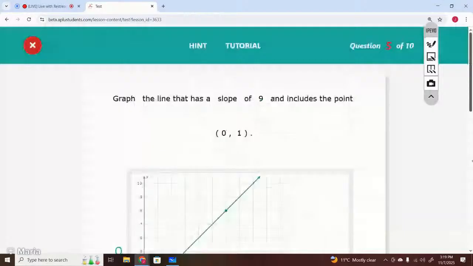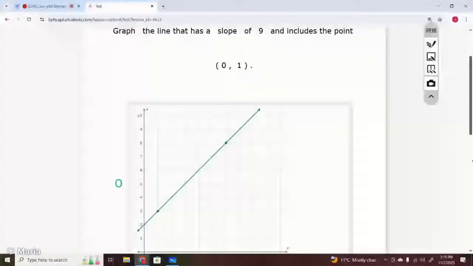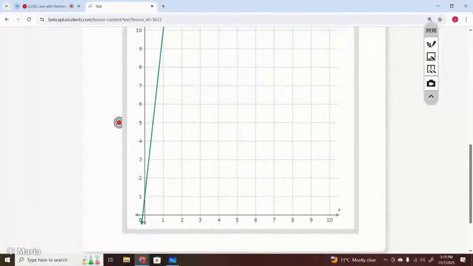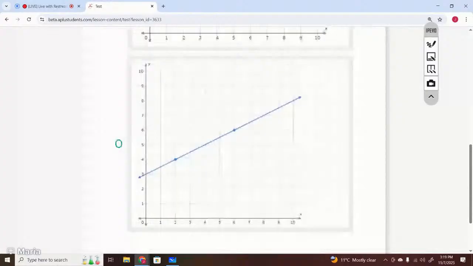Graph the line that has a slope of 9 and includes the point 0, 1. Option number 2 is